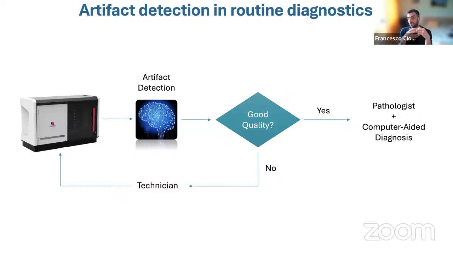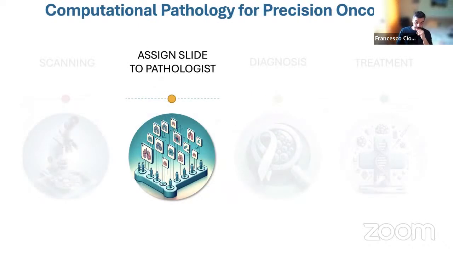But if this all happens before it goes to the pathologist, we can improve the workflow, we can minimize delays, and we can improve the quality of the slide and therefore the diagnosis. So this would be a first example of how we could use this technology to potentially improve the workflow in digital pathology. So then let's say the slide is good, right? We want to send it to the pathologist. And here the provocative question is whether we should really send it to the pathologist or can we do something a bit different? And of course, the answer is yes, we need to send it to the pathologist because they have to do the final diagnosis and sign off the case.